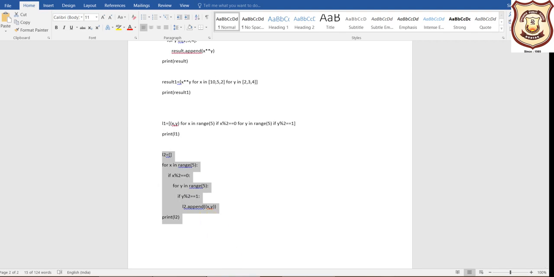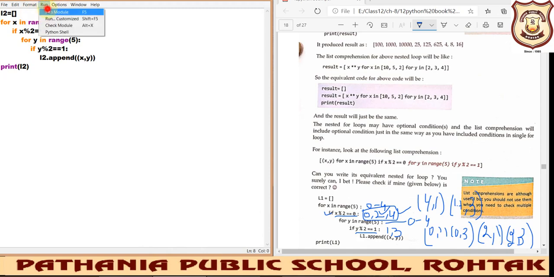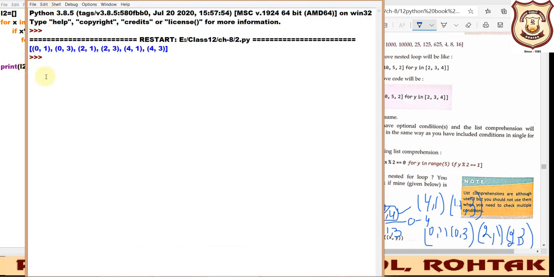Okay, so this is the code. You can see the same output you are getting: 0 1, 0 3, 2 1, 2 3, 4 1 and 4 3, just the same, right?